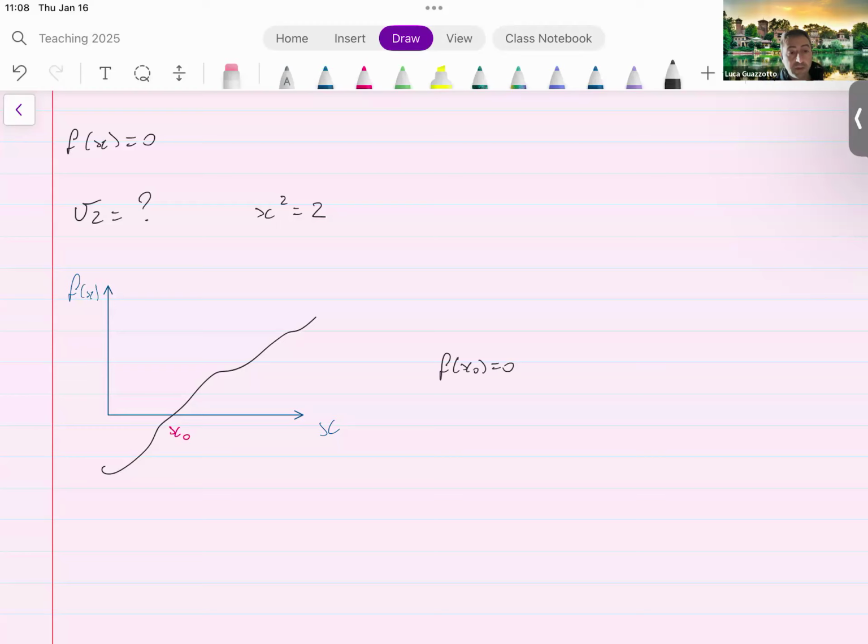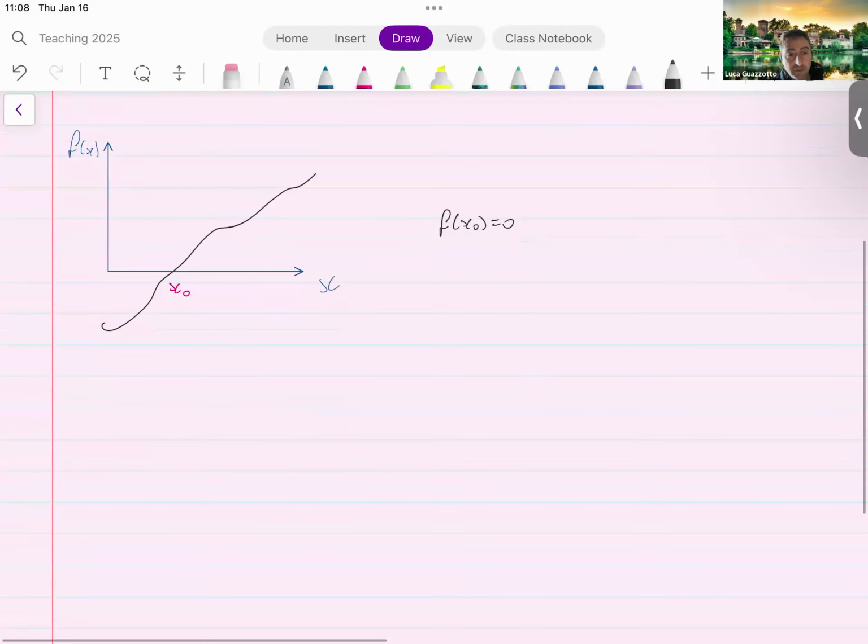In principle, in more complicated problems, f could be a vector, and it could be a function of x and y and z and so on. So that's a much harder problem. So let's start with this one. There are essentially two approaches, I would say, to doing this,